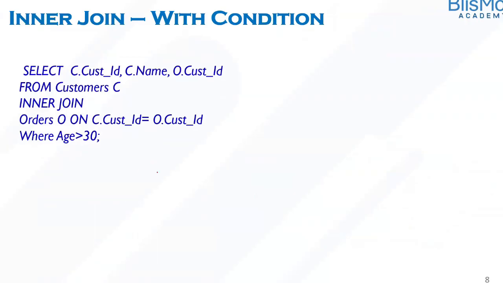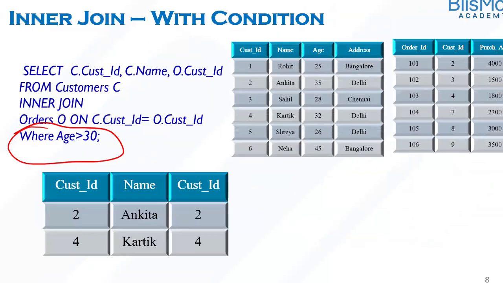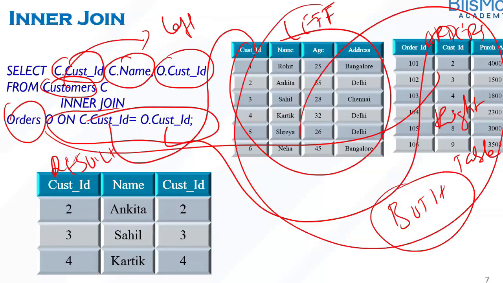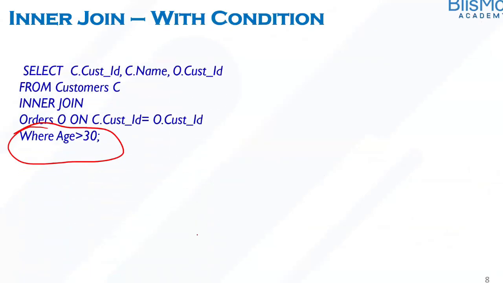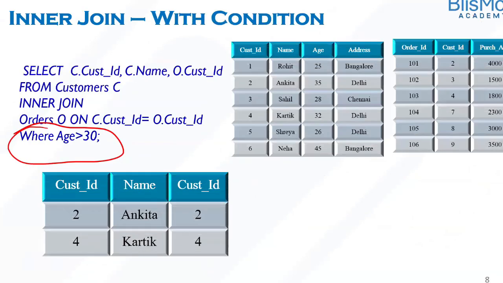We can also do the inner join with a condition. I can use the condition as a part of the join. For example, here I want to join only those records where age is greater than 30. In the earlier example there was no condition, and we got 3 records. But in this case, since we have mentioned the criteria age is greater than 30, this join will give only 2 records as a part of the result. Easy peasy. Any questions here?